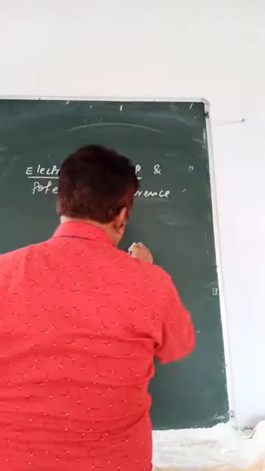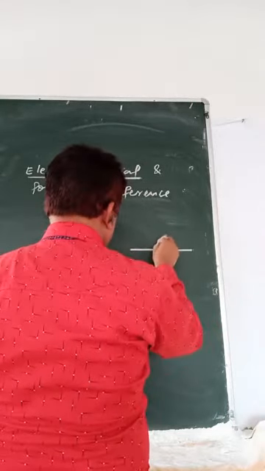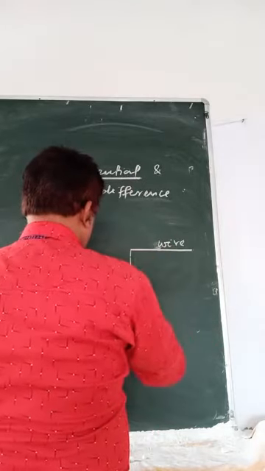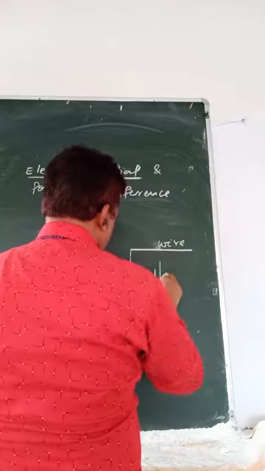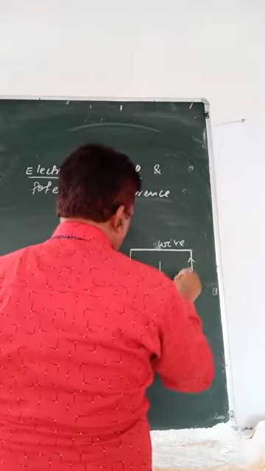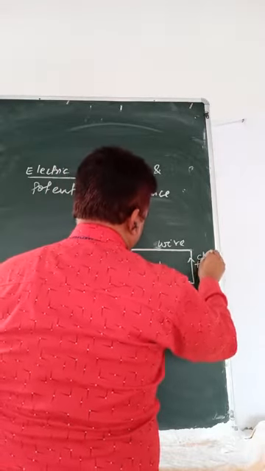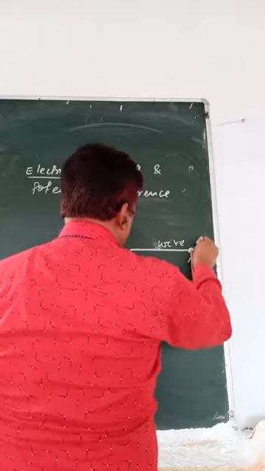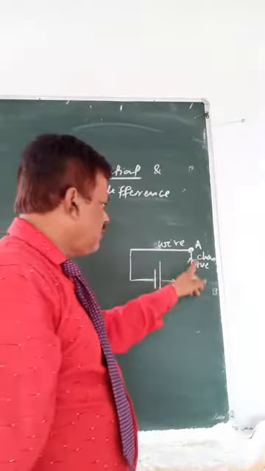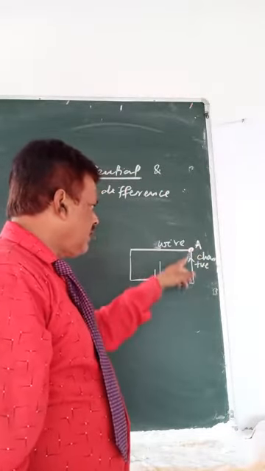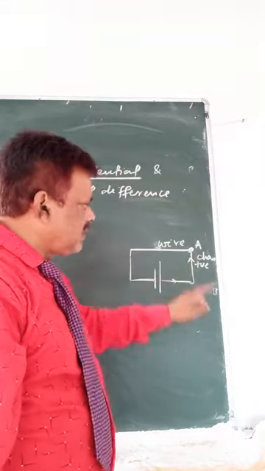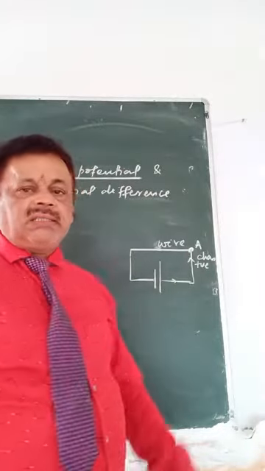Suppose there is a metal here, a conductor, where somehow, I don't know how we did it, you go on giving a positive charge to this point A. When this is saturated, it will start repelling the charge, because like charges repel each other and unlike charges attract each other.